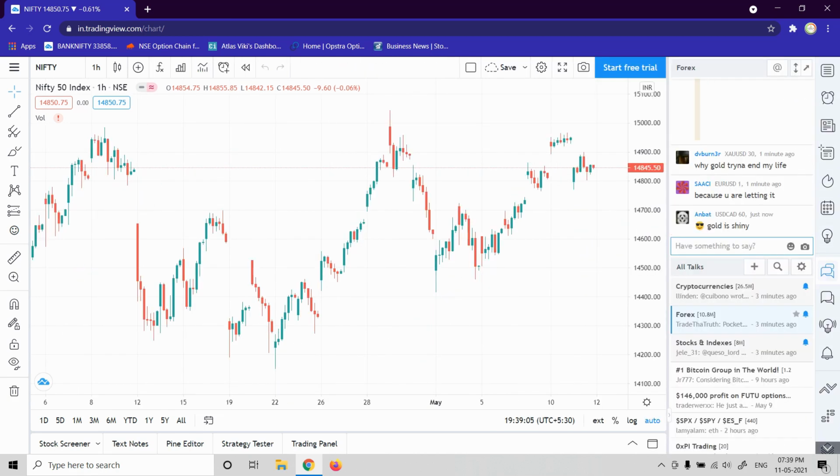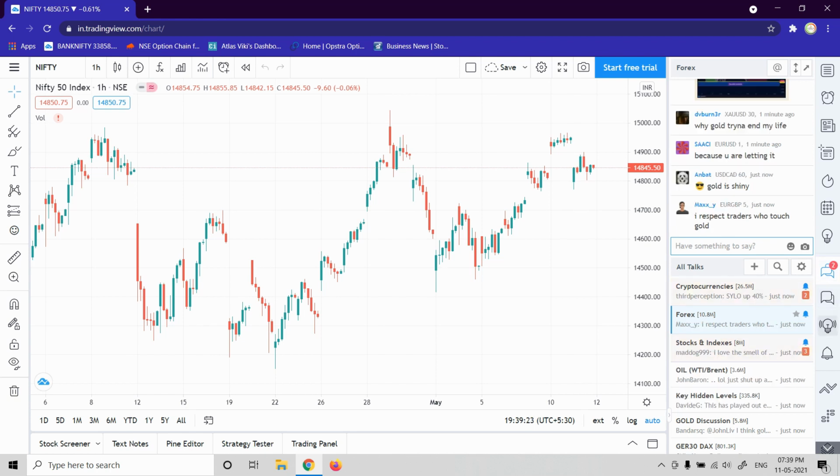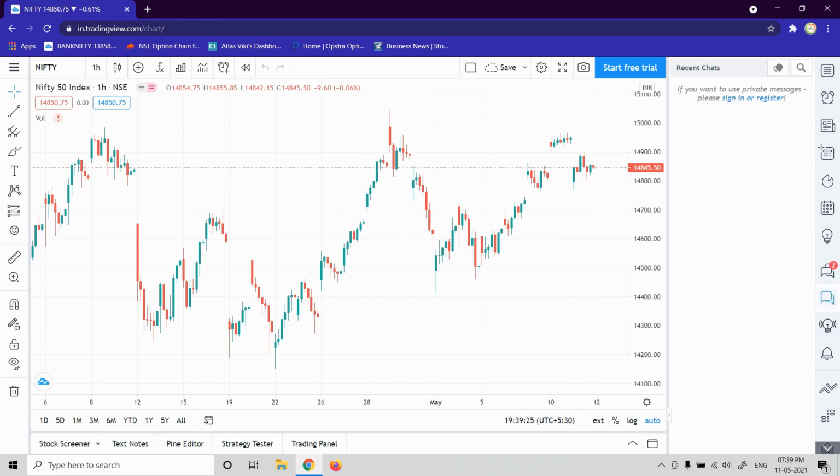Then the second one, this is not that relevant if you're trading in Indian stocks or indexes. But otherwise, if you're trading in Forex, you will get a lot of inputs from these kinds of chats. They are very active, but Indian chat groups are not that active. If you are making any private chats, then they will be available here. This is the idea stream. If somebody is posting ideas, then you will get them in this area.